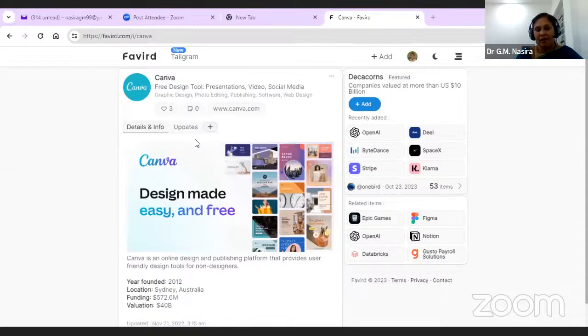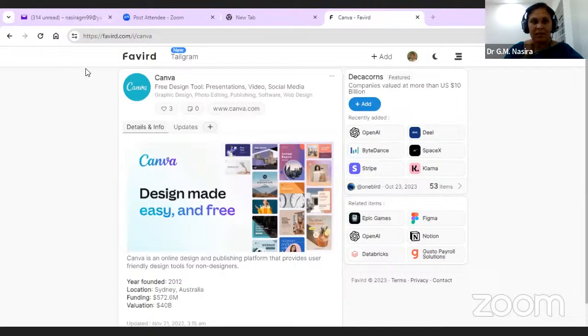Whereas this Canva and all, like our PPT, you just download this Canva app and you can start making any presentation. You can very easily convert a PDF to text, a text to PDF, and you can add images to it. Even in our PPT, you cannot customize as you want, but Canva supports you a lot. That way, maybe if we have time, we can just go through. I have my Canva in my laptop, but we can do it.